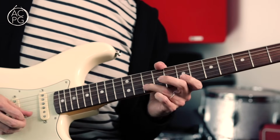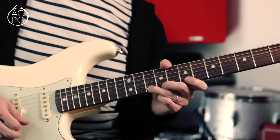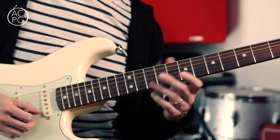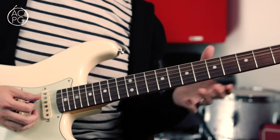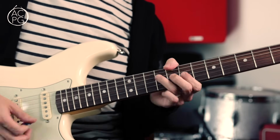So you can pick all of those notes, but I think I'm tending to pull off on a lot of those. And that's leading us into the 4 chord. This is bar 4, and we've got,